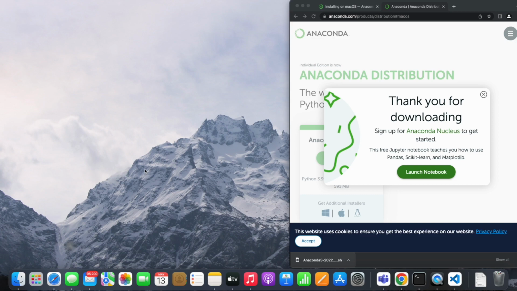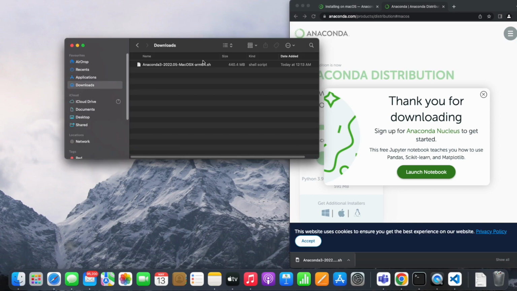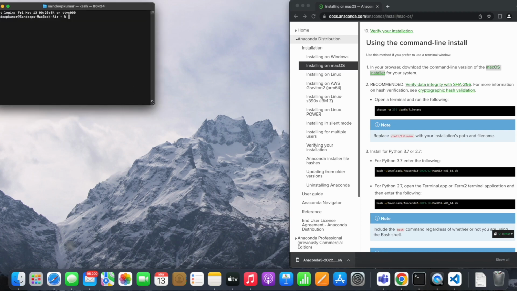So my download has been completed here. I can see that in the download section here. Okay, that's fine. So now our command line installer has been downloaded. So next we are going to open the terminal,